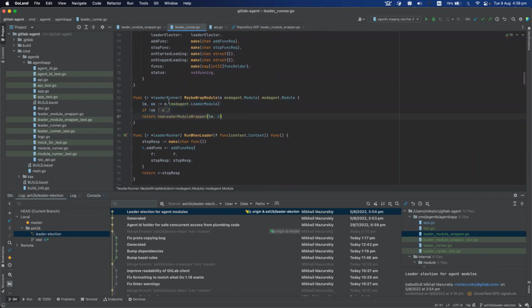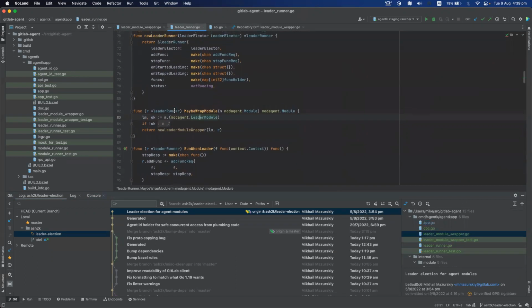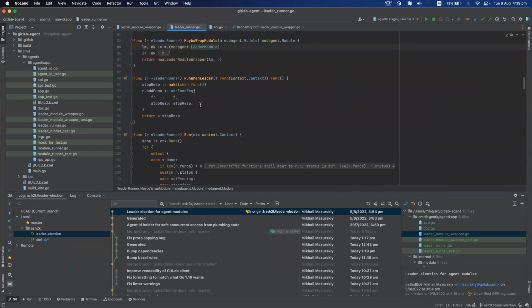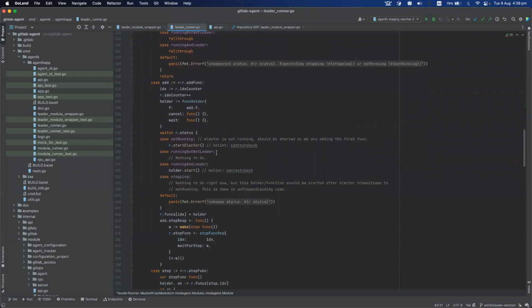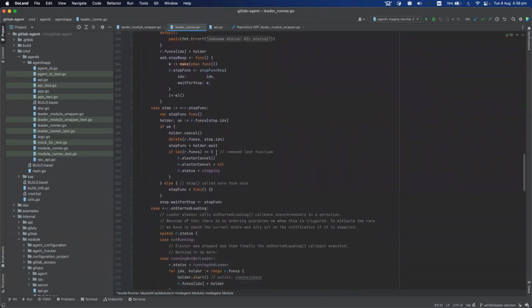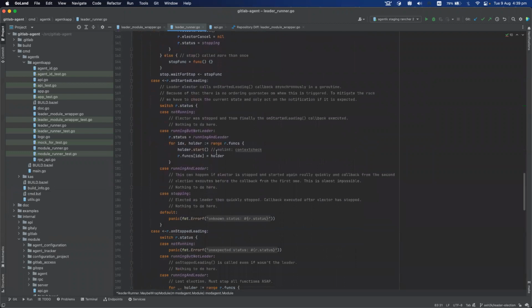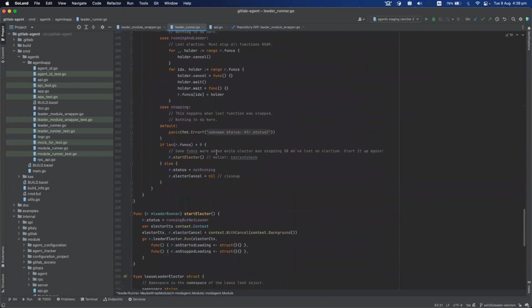So if this module implements leader module, then we want to wrap it in a special wrapper that will check if